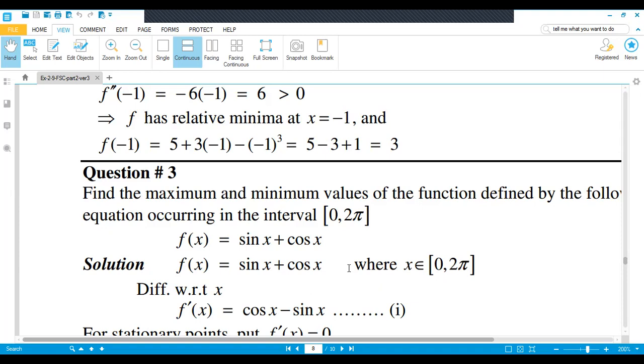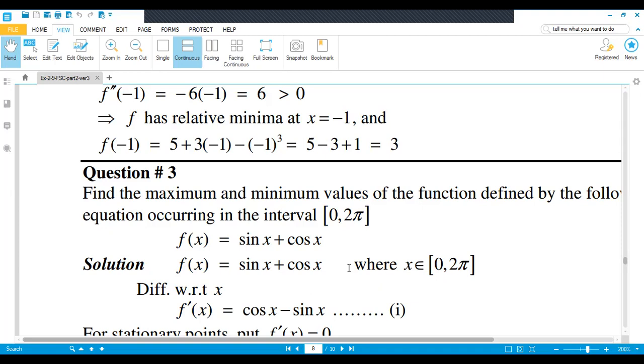Then again we differentiate the function, twice in total. First time we differentiate and then find the stationary point, which is the value of x, and then we differentiate again. When we differentiate again, we put the stationary point which we got in the double derivative of the function. When from this we get some value, it will be either greater than 0 or less than 0. If it is greater than 0, the given function will be minimum. If it is less than 0, then the given function will be maximum.